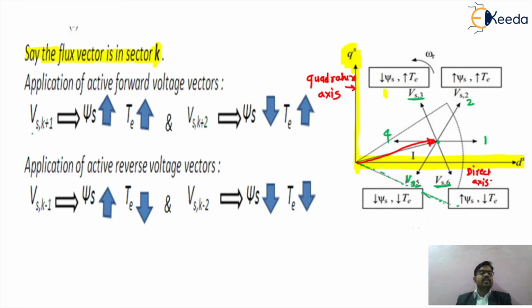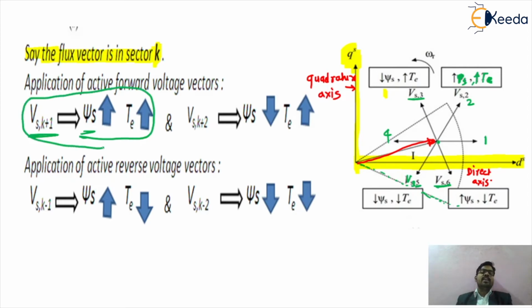So we are getting the term Vs k plus 1. At that particular vector we are basically increasing the value of psi s. Psi s is called the stator flux. So at the position number Vs k plus 1, which means position number 2, we are increasing the value of psi s. Similarly, the value of the torque increases, so the resultant torque, which we call the unit vector representation of torque, will be increased. This will be represented by this equation.